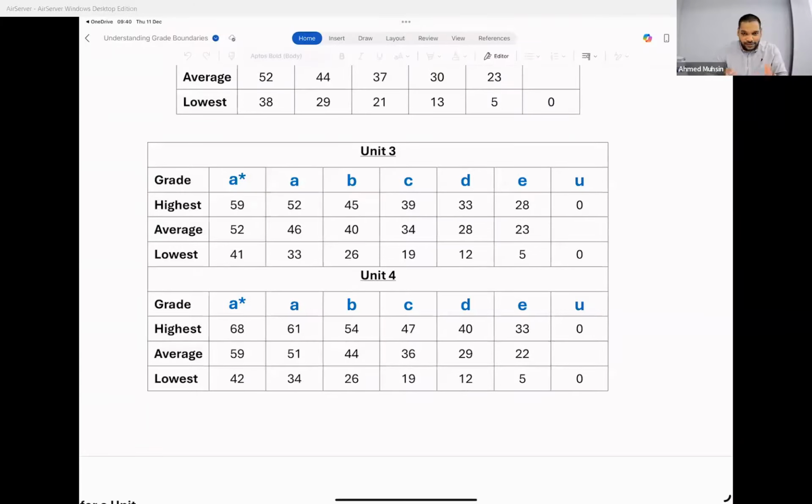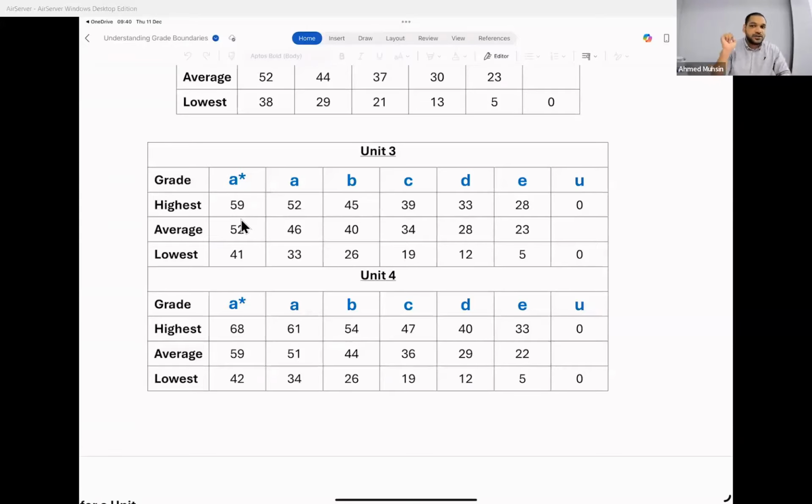You get it, guys? The conditions given to you all to score an A star are pretty reasonable. This is an achievable target. It's not unrealistic or super difficult. You can lose 21 marks and still get it. And guys, I'm reminding you all, 59 has been the highest so far. From 2020 to 2025, the highest for A star has been 59. The lowest has been 41. And the average of the A star grade boundary from 2020 to 2025 is 52.